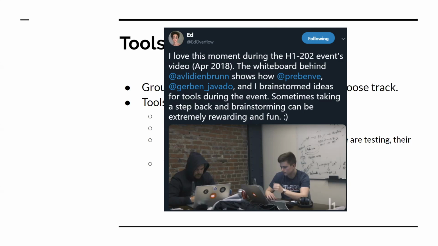He has a whiteboard there, and they were planning out how to write a tool. That's something I have done frequently as I do more group hacking: write down on the whiteboard and then explain as we go. So it's kind of an interview and hacking together kind of thing.